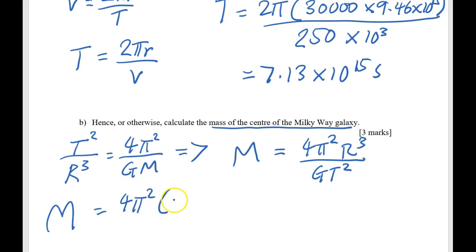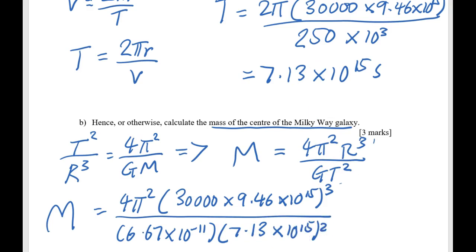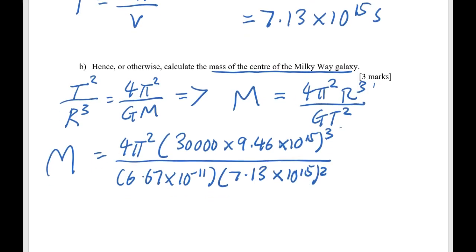The R value is 30,000 times 9.46 to the power 15. This whole expression, don't forget to cube it, and you have to divide by G T squared. G is a constant. The period here you have found out to be 7.13 times 10 to the power 15. Don't forget to square the entire expression, and you have this number here to be 2.66 times 10 to the power 41 kilogram. So this is one of the ways that you can